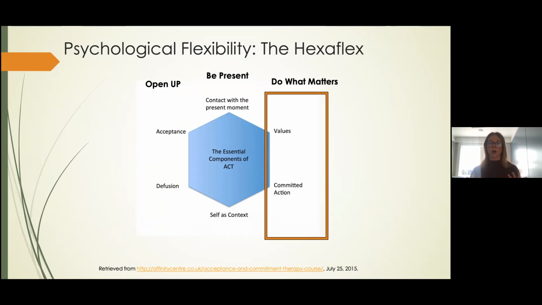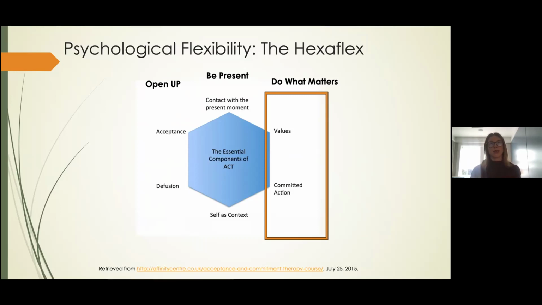So I think framing our work in, let's think about the life that you want and how it's different than the life that you have now. And I think once we're able to do that, it can really increase motivation to try things that are inherently new and uncomfortable. And especially if we're able to link it directly. Here's what I'm inviting you to try. Here's why I think it would be helpful. And here's how I think it relates to that early conversation we had about what you said you wanted your life to look like and how you want to experience your life. And because values and committed action go so well together, they just sort of naturally fall in line. So that's personally why I start there.